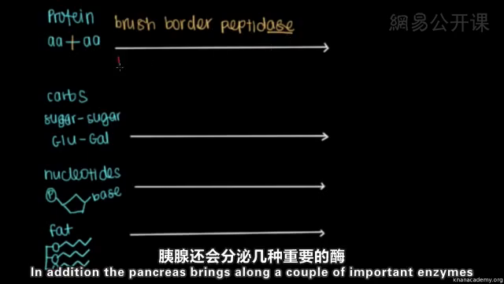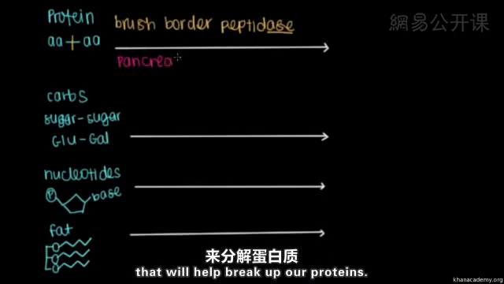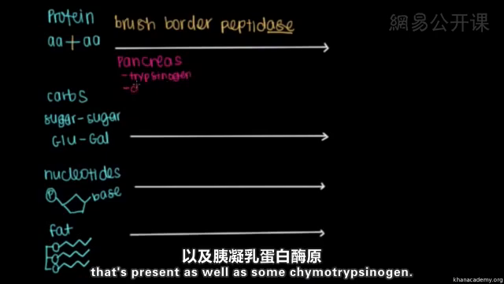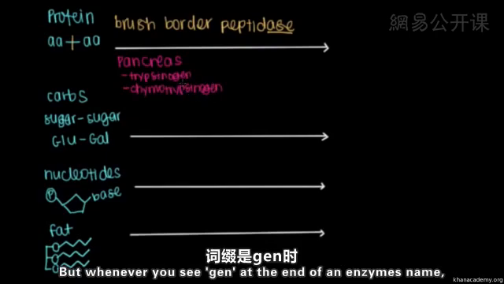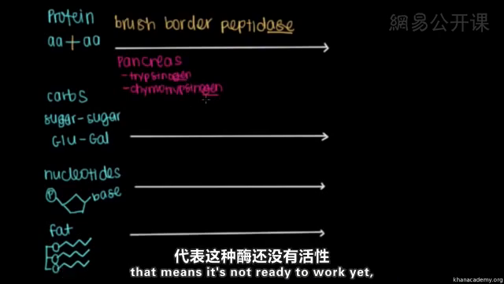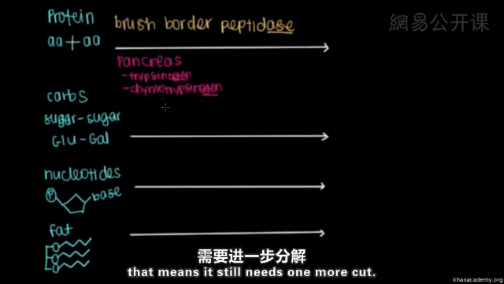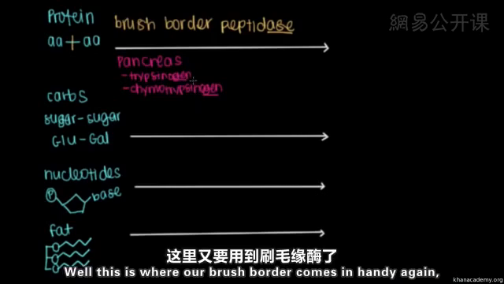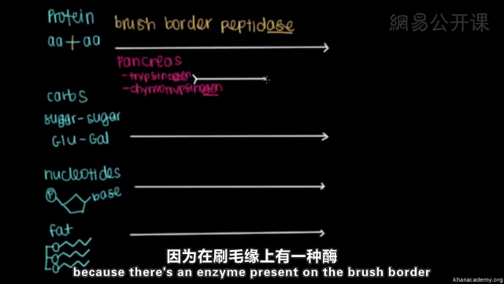In addition, the pancreas brings along a couple of important enzymes that'll help break up our proteins. First of all, it's got trypsinogen that's present, as well as some chymotrypsinogen. But whenever you see gen at the end of an enzyme's name, that means that it's not ready to work yet. That means it still needs one more cut or cleavage before it can start being completely functional. Well, this is where our brush border comes in handy again, because there's an enzyme that's present on the brush border. It's called